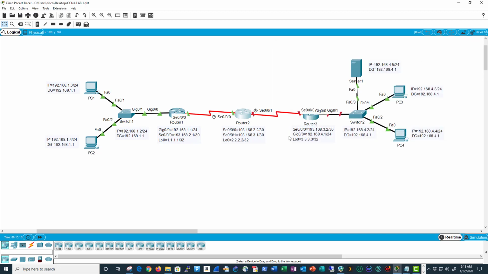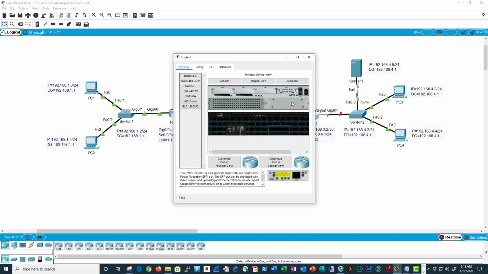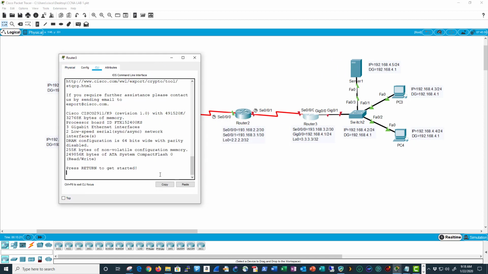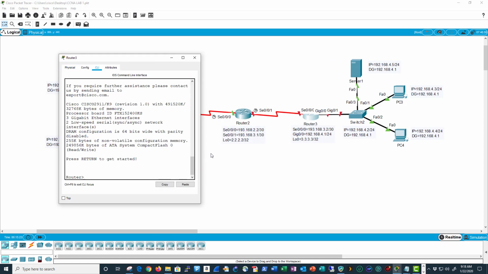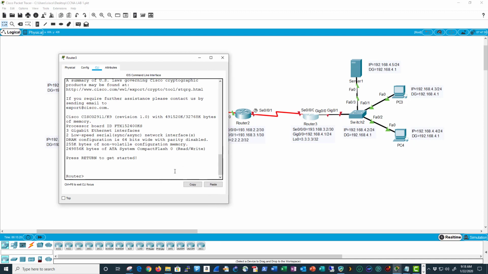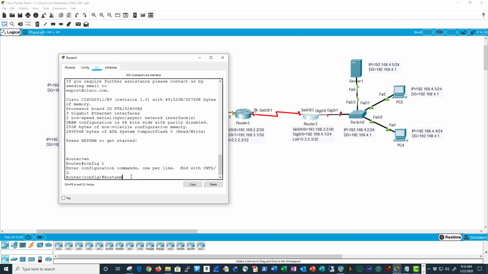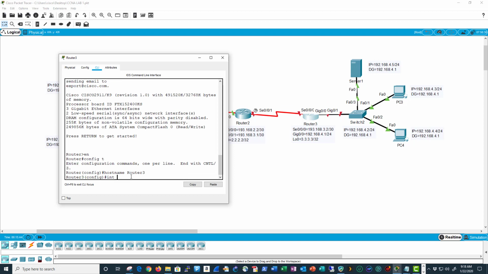We'll minimize that, go over to our last router here, router 3. Select the CLI tab, press enter. Let me expand this a little bit. Now this one doesn't have a unique host name, so I'm going to go ahead and configure that one while I'm here. So config t, hostname router 3, enter,